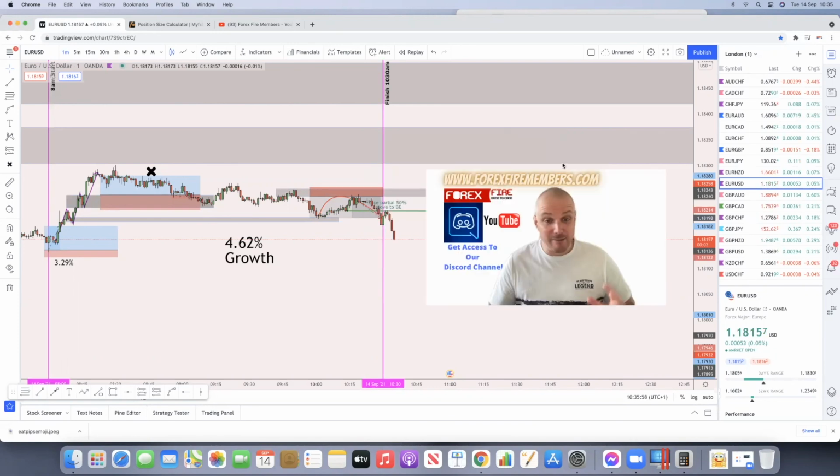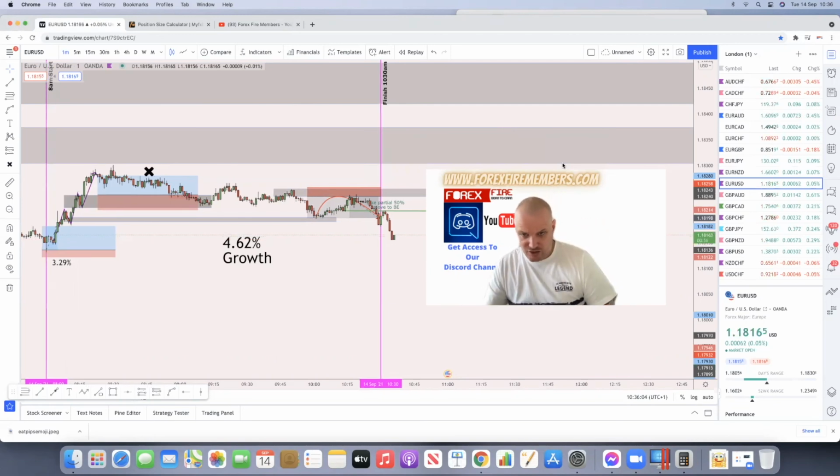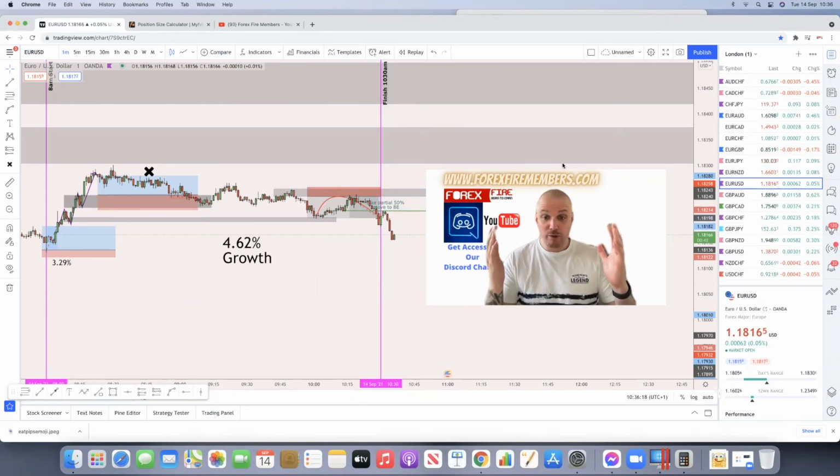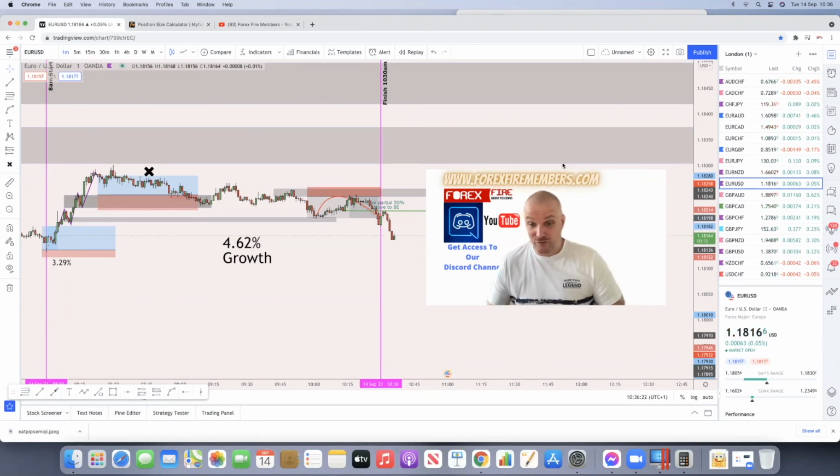So today I am happy with that. I'm now off to have another cup of tea. I'm not getting on the screen. I'm going to watch a film, have a bit of a relax, and then I'm going to hit the charts and do the charts on my live funded trading account, where I'm going to try and get through the challenge for today. But that's been today's session. Phenomenal stuff. Again, good growth for that 2 hours.